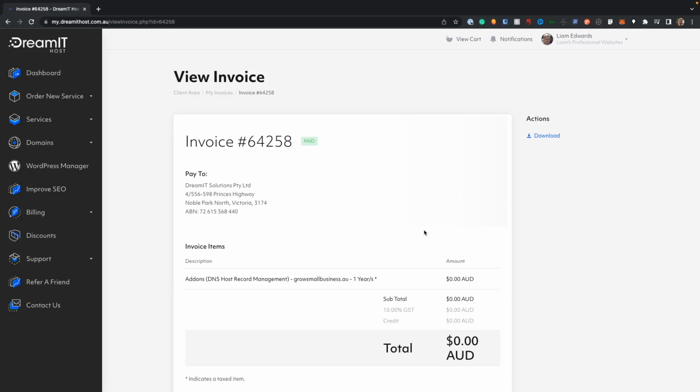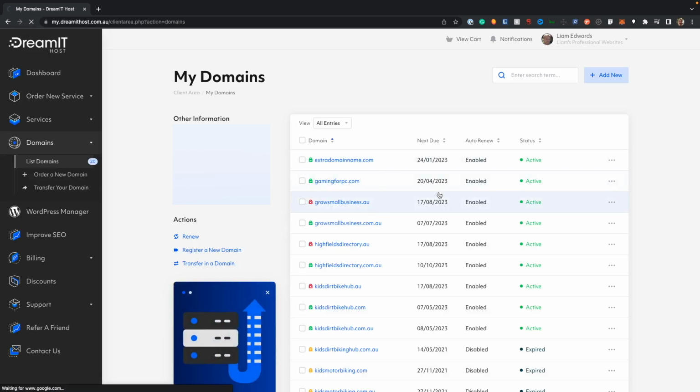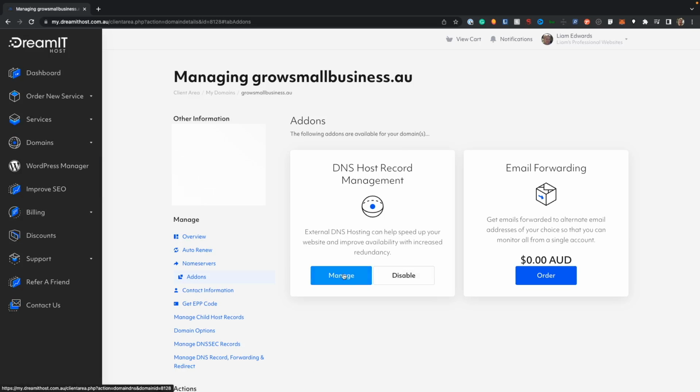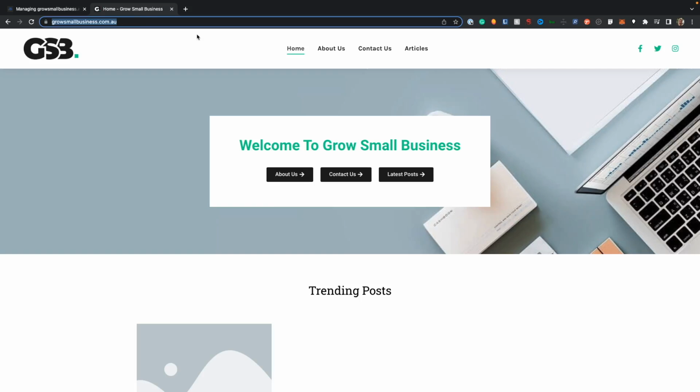Once you have been redirected to the invoice, you'll have to go back to domains and list domains, and then find your domain again and click on Addons again, and then this time click on manage under the DNS host record management. Now under this URL forwards, click on the plus icon, go to your domain that you want it to be forwarded to or redirected to,